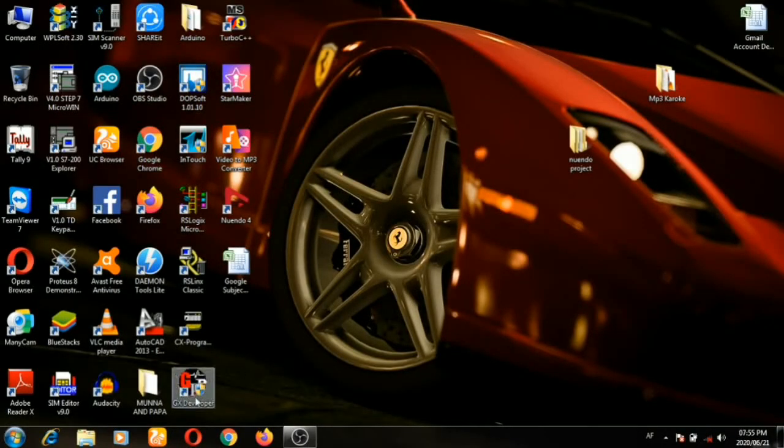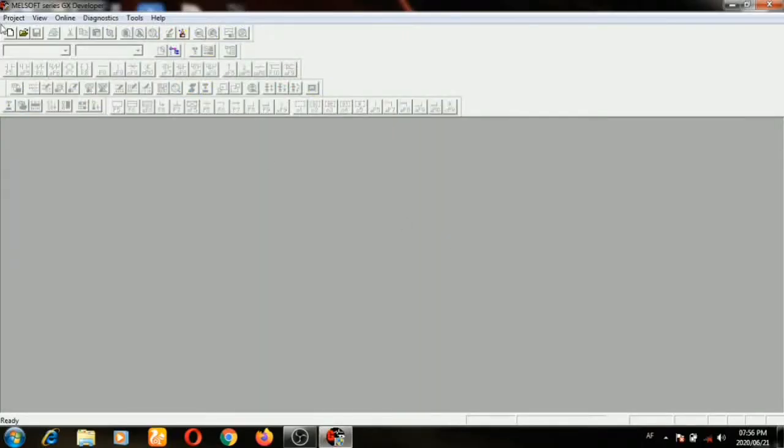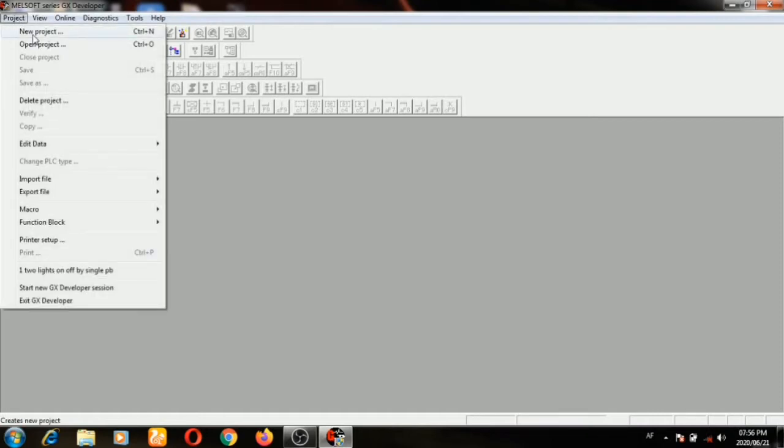This is our software GX Developer. Double click on this, and the software will open. Here is Melsoft series GX Developer. Now we have to open a new project, so click on Project, New Project.